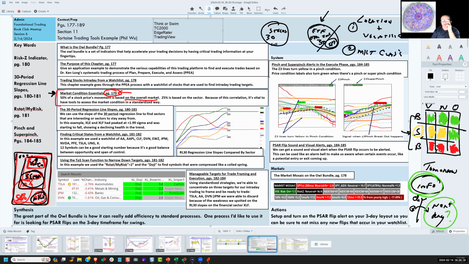So we know that. Now, we also use the 30-period regression line slope as a way to find interesting sectors that are outperforming or sectors to stay away from. We have some visual indicators that help us put various sectors on display so that we can see relative performance through time. As an example, this red line is symbol XLE,